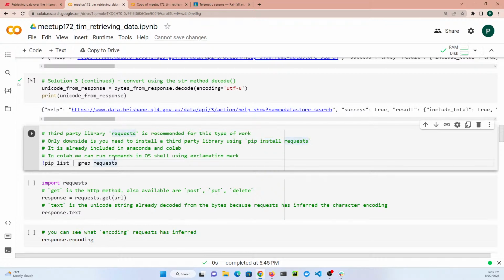But the Python that Colab gives us is like the Anaconda one. And Anaconda comes with a lot of third-party libraries already, and requests is one of those third-party libraries that comes with Anaconda in Colab. If you want to check, while you're in Google Colab, these code cells are normally for running Python code, but